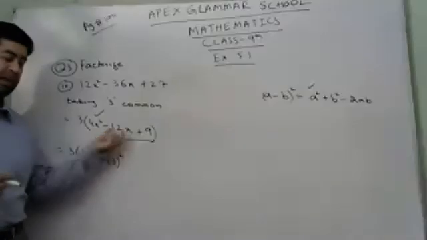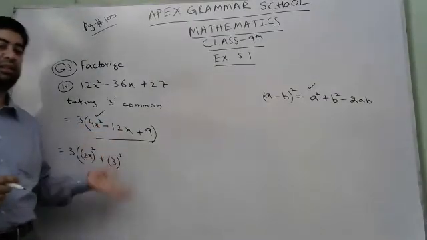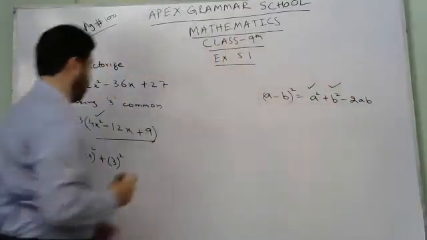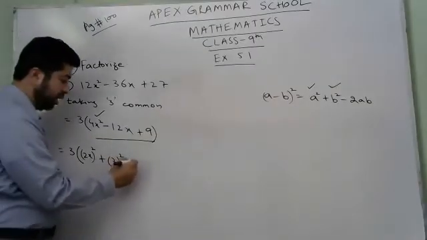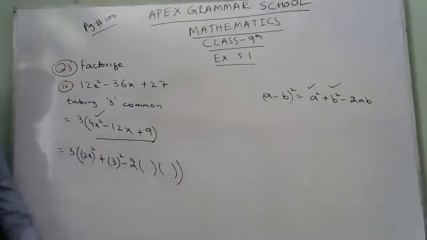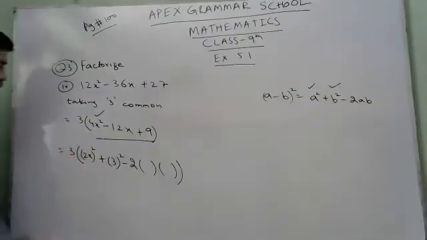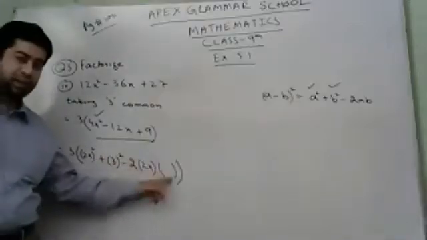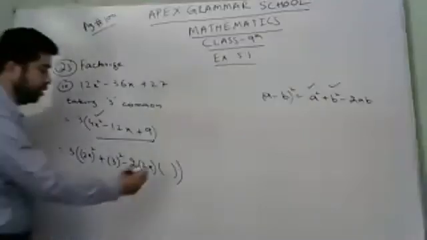Now minus 12x is left. But you have to write this minus 12x in the form of minus 2ab and verify that this is of the form minus 12x or not. So minus 2ab. What is the value of a? The value of a is beneath this square, that is 2x. After that, what is the value of b? The value of b is 3.